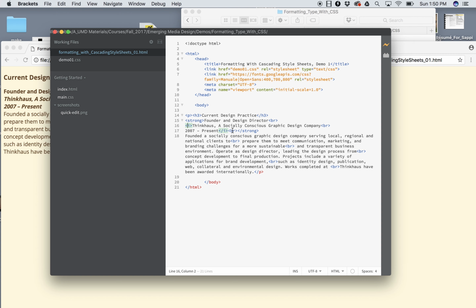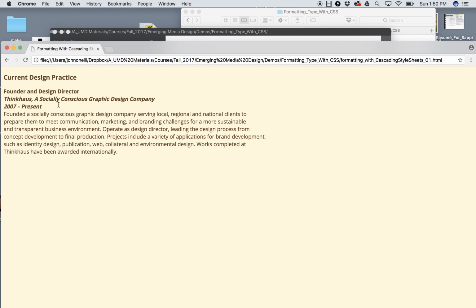Okay, and then right below that we have the paragraph tags right in here. Okay, so those are the tags that we're going to be using, and for this demo, these tags are not going to be changing. We're going to rearrange the type only using